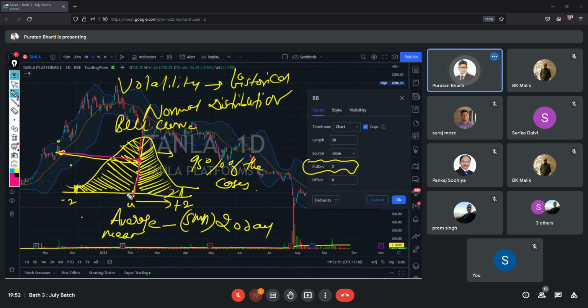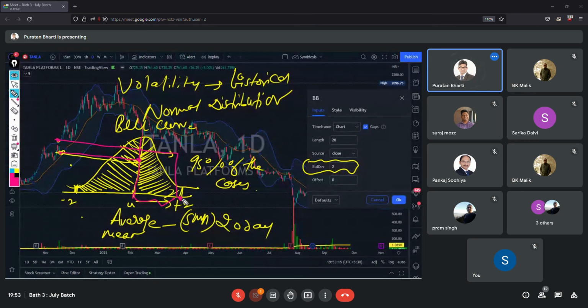What is a bell curve? If you're not seeing it, please do not worry about it. But if you have ever come across a bell curve or a normal distribution curve, this SMA, this middle point, the average point that you're seeing, represents this point on the graph. Point number two, this point on the upper end represents